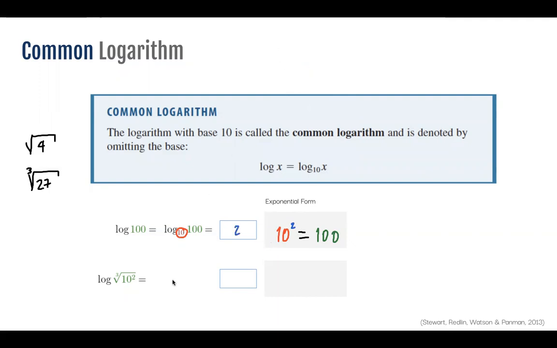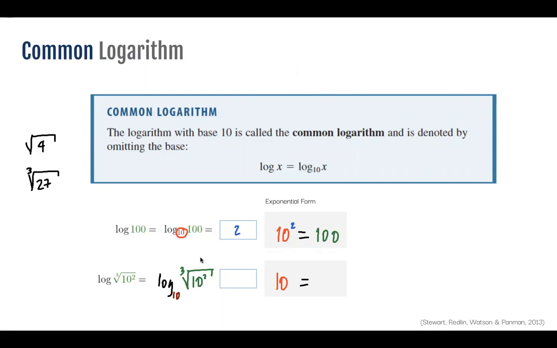Second example, we're going to do logarithm. And if you want to feel safer, you can write the base. That's 10. And everything else will be the same. The cube root of 10 squared. And as usual, we're going to write the base. We're going to set it equal to